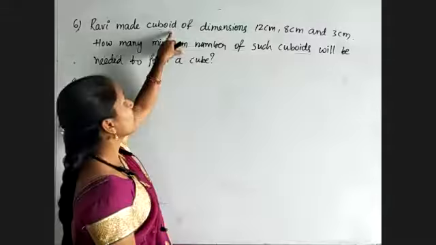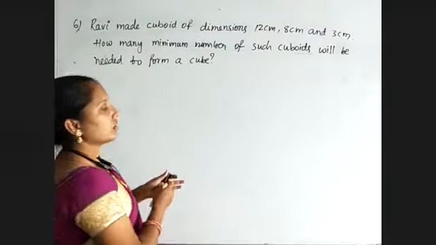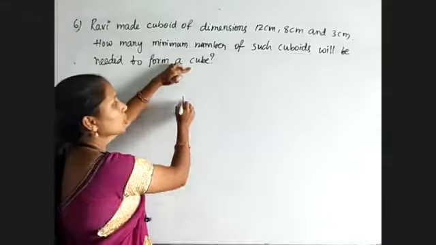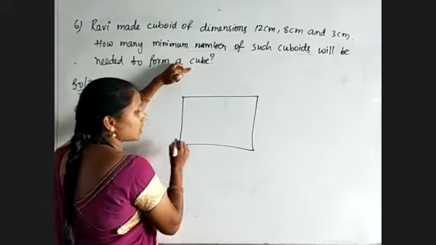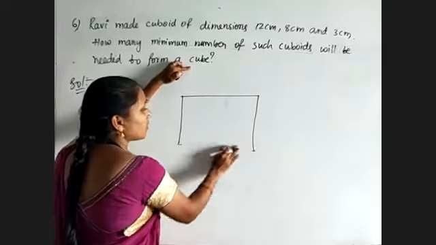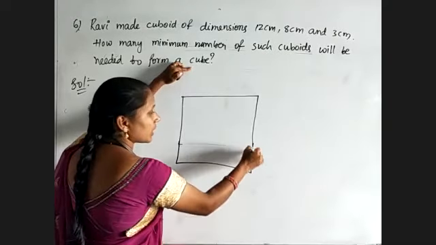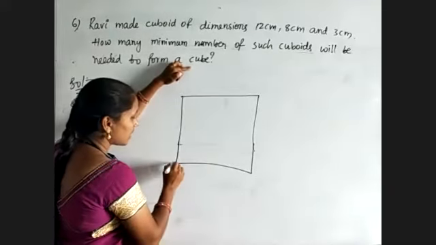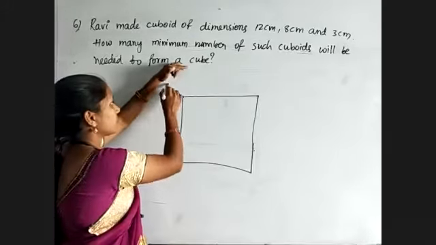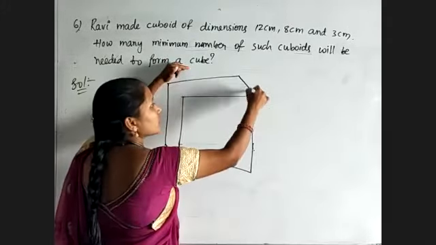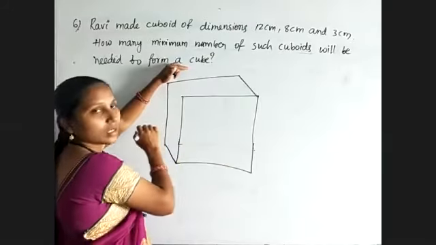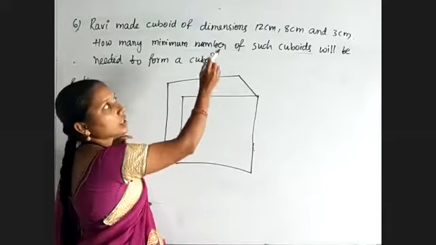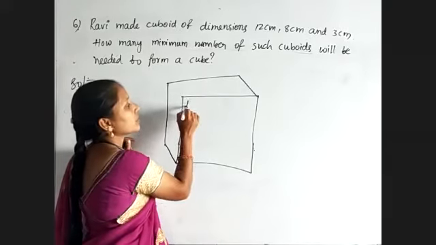Just now, observe why I am explaining about this. The cuboid dimensions are small. Why? Because we want to form a cube. The cube is bigger, so we can't draw it with 3D shapes. So what I am doing is taking a 2-dimensional shape only. A cube is nothing but all 3 dimensions are the same: 1, 2, and the third one will be the back side, like this. So this is the shape of a cube. In that cube, the volume of the cube must be equal to that of the cuboids.